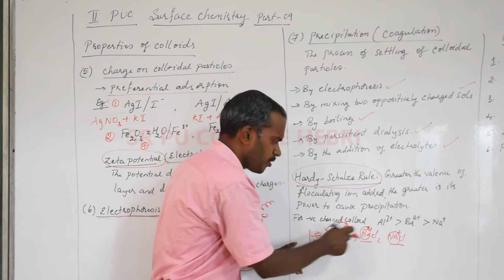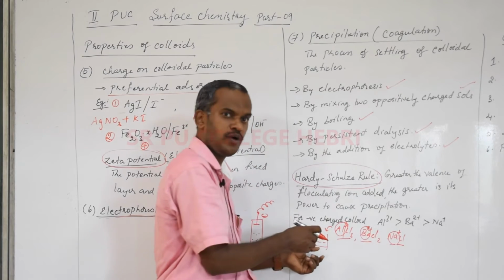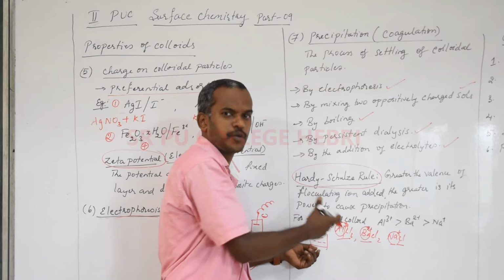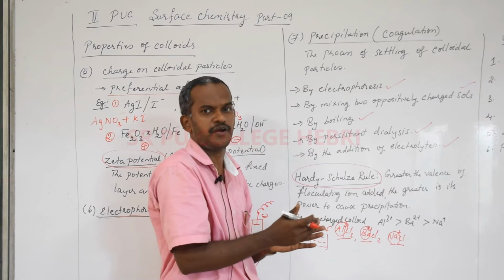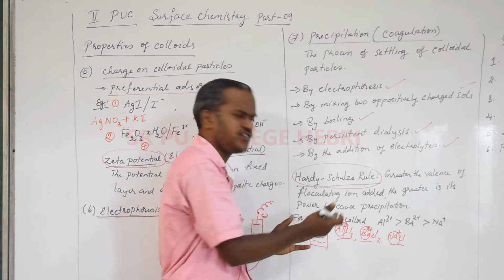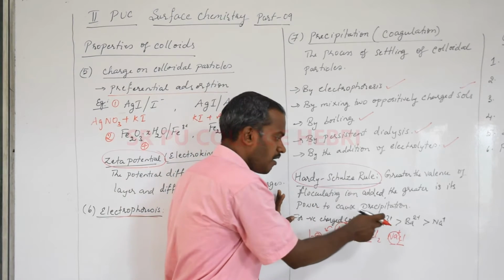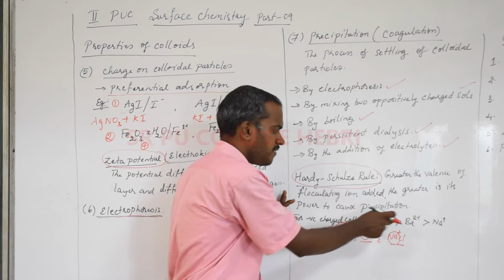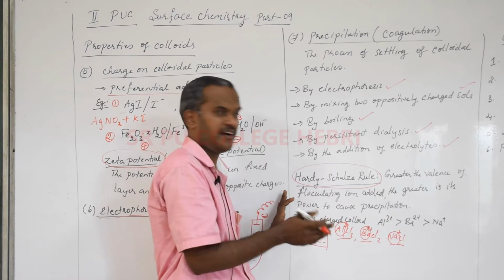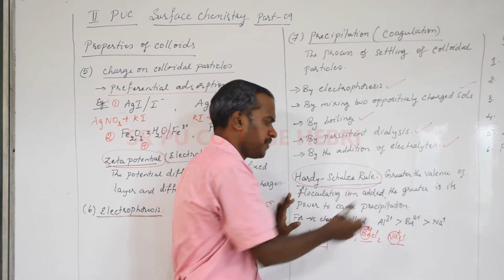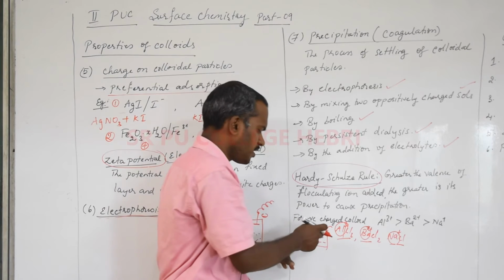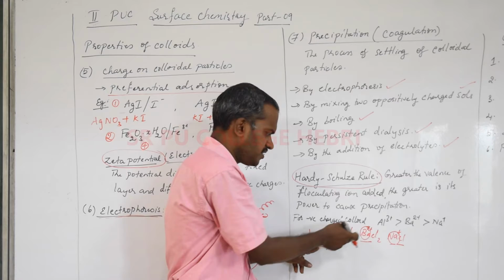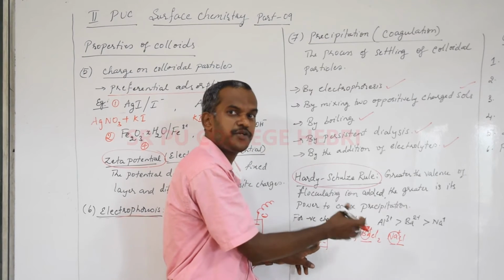Among aluminum chloride, barium chloride and sodium chloride added to a negatively charged colloid, which causes precipitation faster? If a question comes like that, to arrange them in increasing or decreasing order of precipitation power, then you must know that the larger the valency, aluminum valency 3, barium 2 and sodium 1. So when the valency of the flocculating ion is greater, its power to cause the precipitation is also greater. Suppose you take a positively charged colloid, then you have to know the charge on the negative ion.